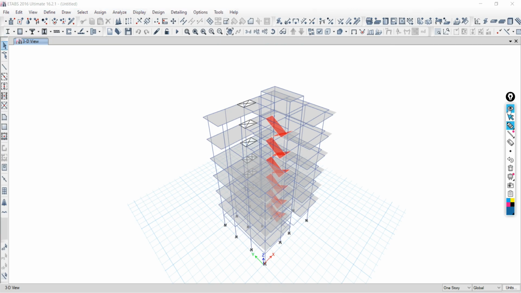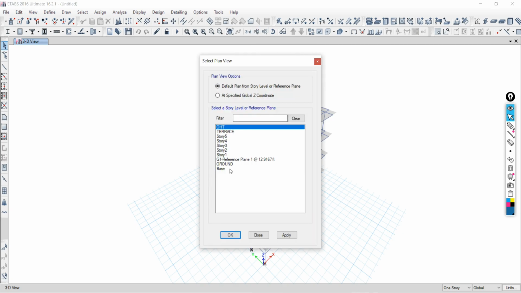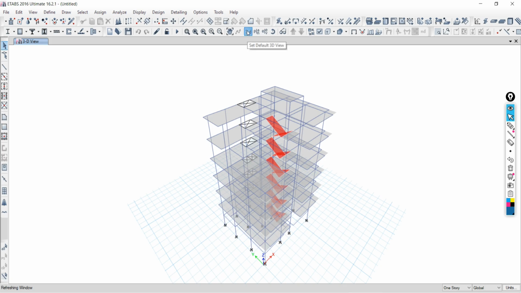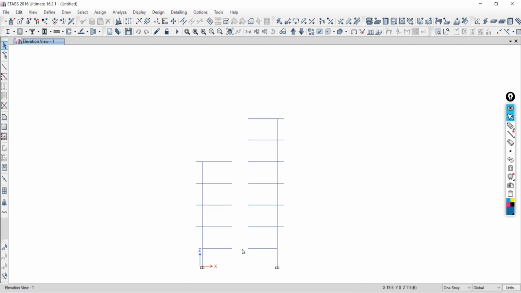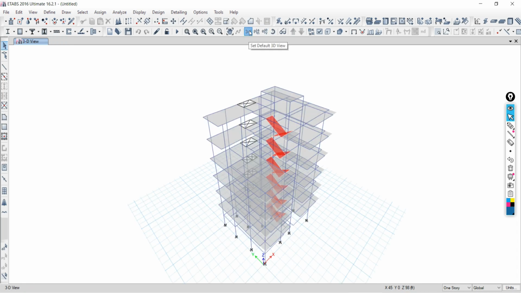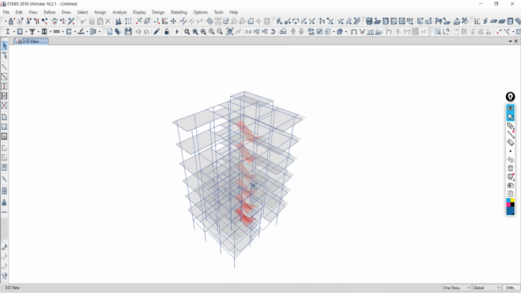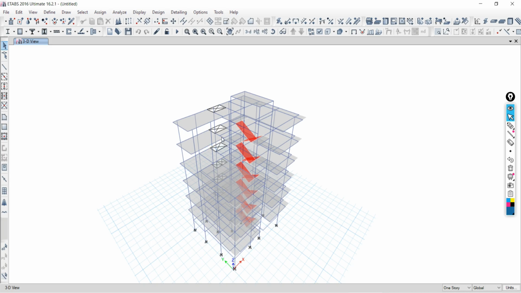Okay, so the operation that we are going to do through a long way, you can do directly from a short way, like in the shortcut key, that's go to plan. So the plan view is now available here. If you want to see the 3D view, 3D view. Elevation, go to elevation, say 1, say elevation. I want to see the 3D view again, go to 3D view. Got it? So this is actually the way of model, how to execute in a quick way.